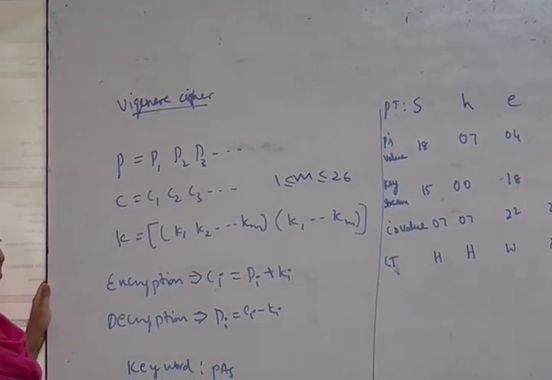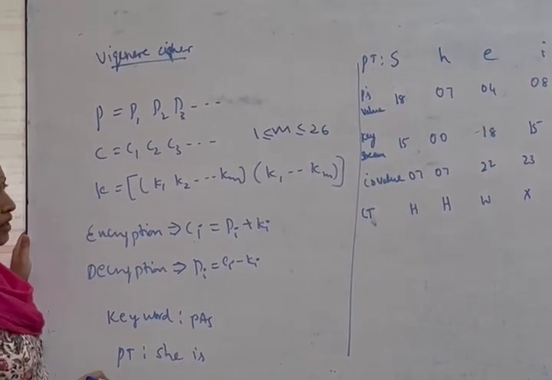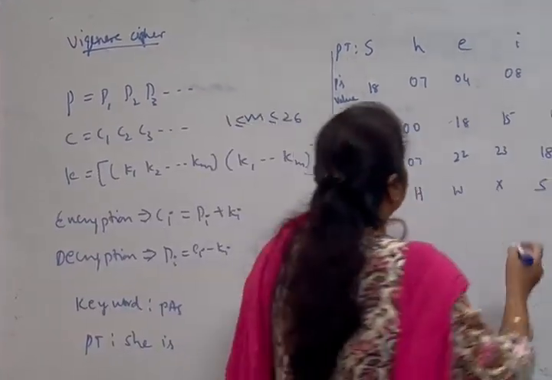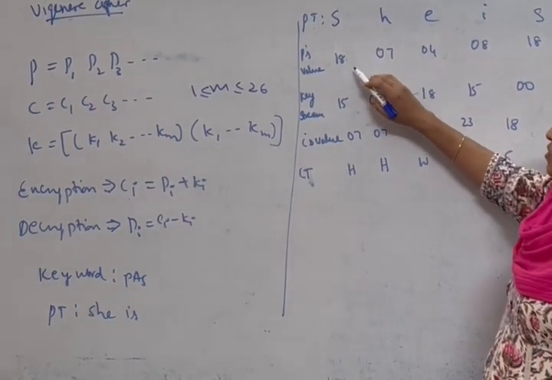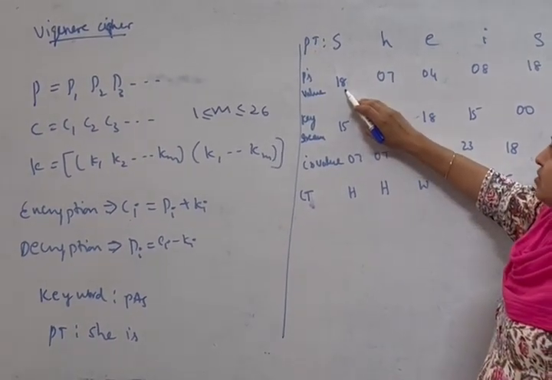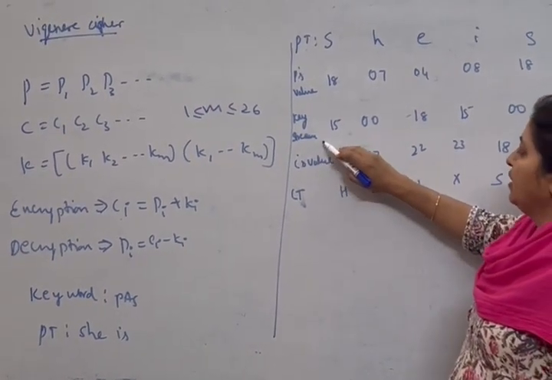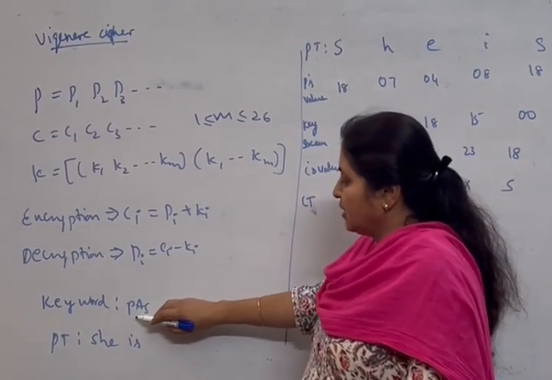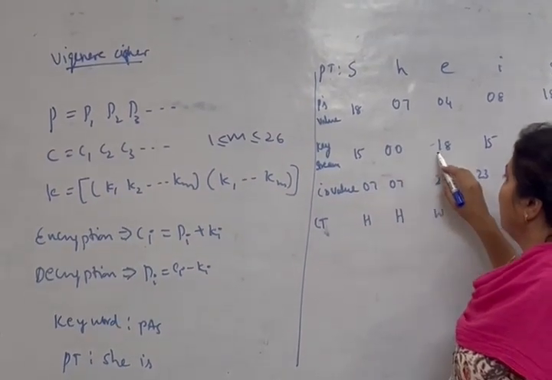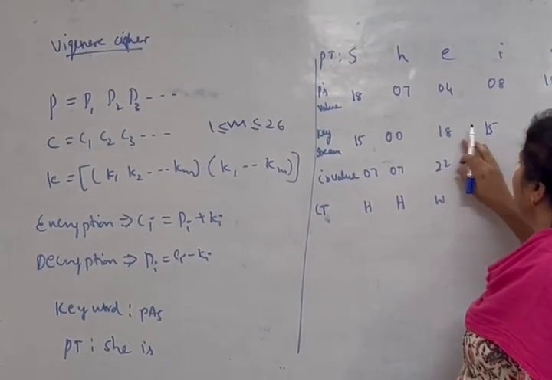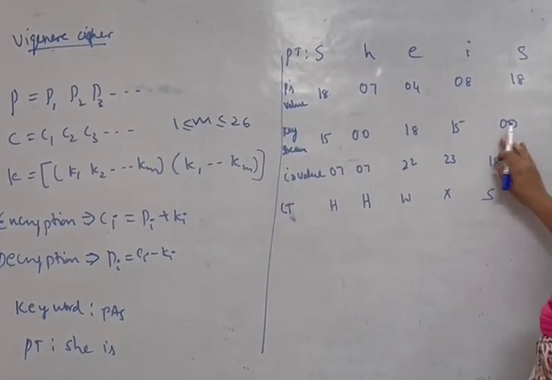Now let us take an example. If I take the keyword as pass and the plain text as she is, let us take the values of these. S corresponds to 18, H corresponds to 7, E corresponds to 4 and so on. The key string is the keyword pass. The values of pass are 15, 0, 18 and 15. Since the key string has only 3 characters, hence the key string is repeated: 15, 0,